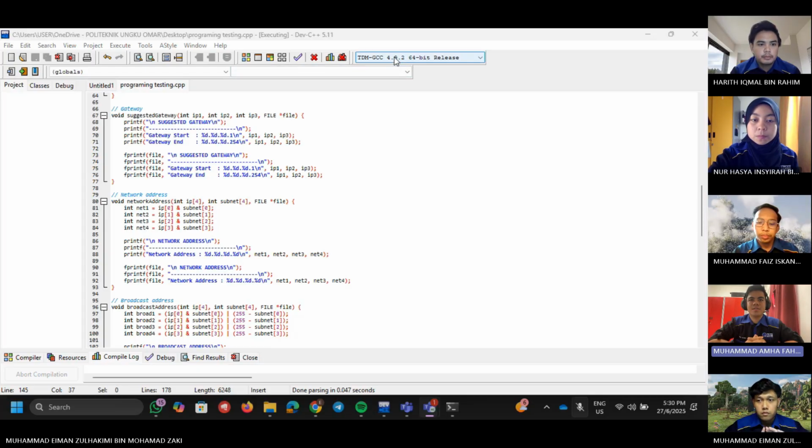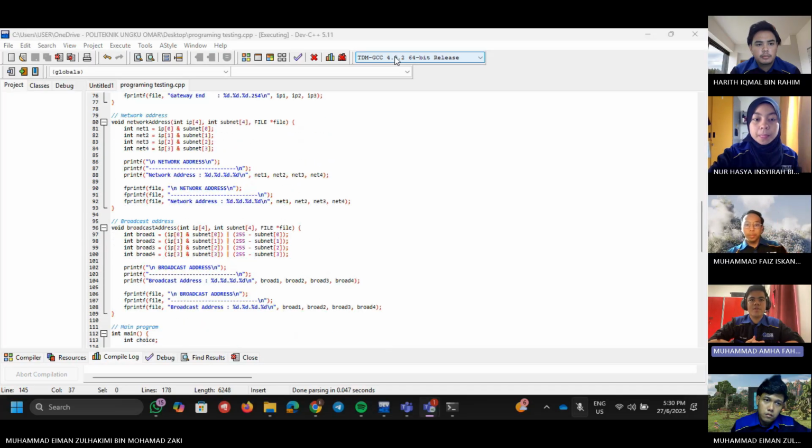The next function, declare network address, is responsible for calculating the network address. It receives a full IP address and subnet mask, each in the form of a 4-element array. The function then performs a bitwise AND operation between each corresponding part of the IP address and the subnet mask. This results in the network address, which is the identifier for the whole network segment that a device belongs to. For example, if the IP address